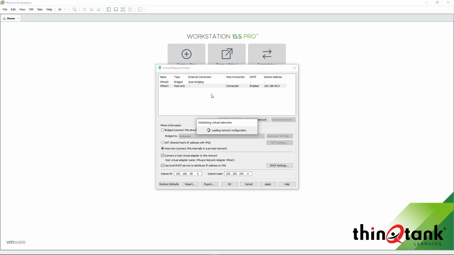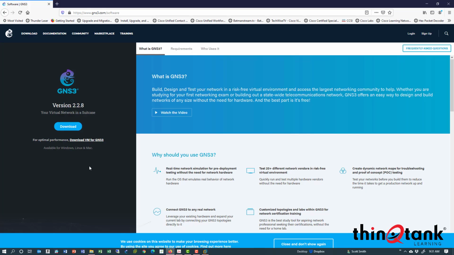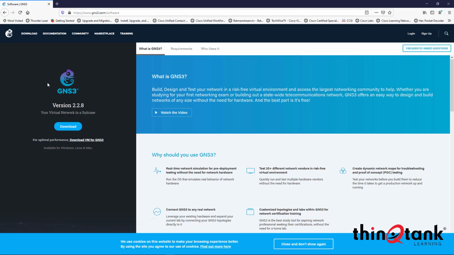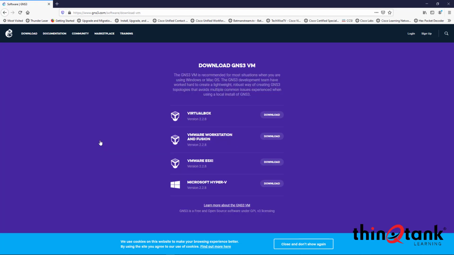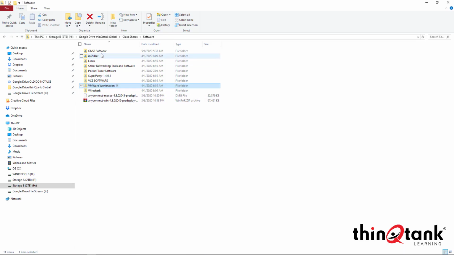All right, now once that's done provisioning, I'll be in a position to install the GNS3 VM in my environment. You can get this GNS3 VM directly from the same place you downloaded GNS3. You'll notice right here, for optimal performance, please download the VM for GNS3. They have it for VirtualBox, like I said, VMware Workstation and Fusion, VMware ESXi, and Microsoft Hyper-V. I've already downloaded it for VMware Workstation, so I'm just going to go back to my